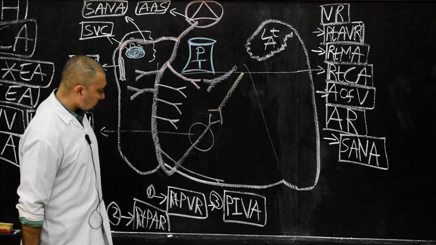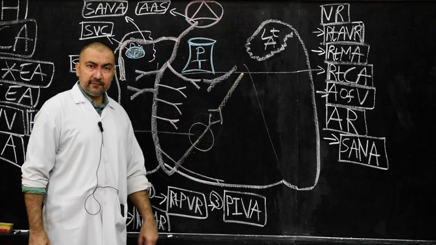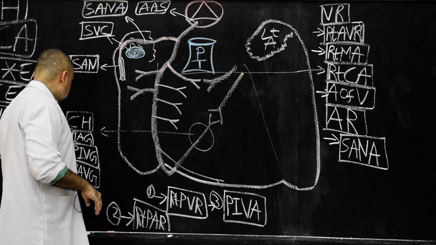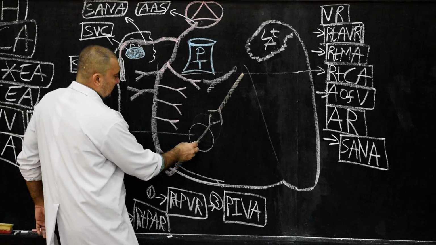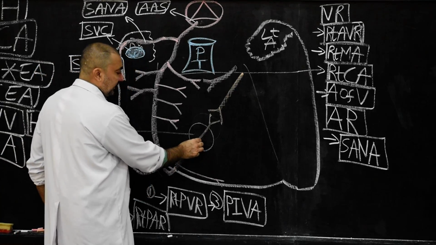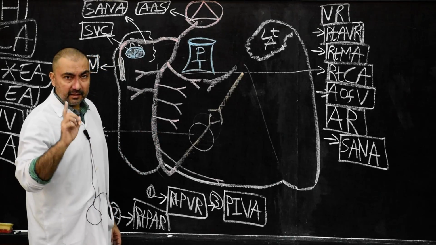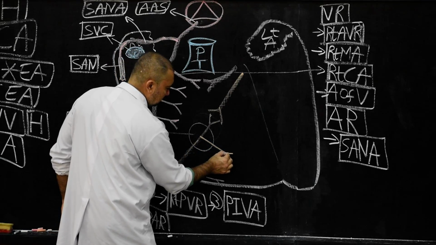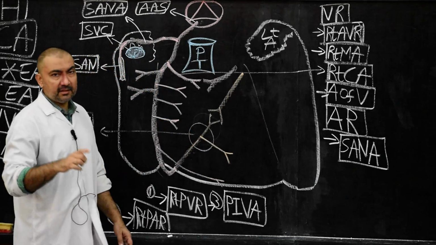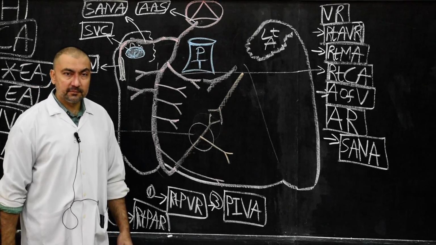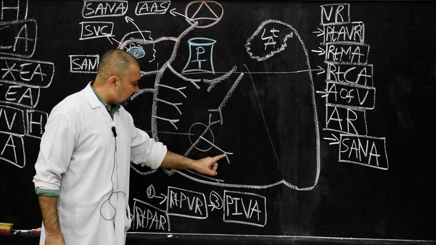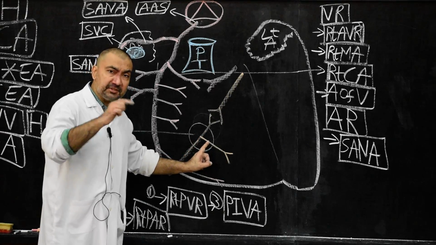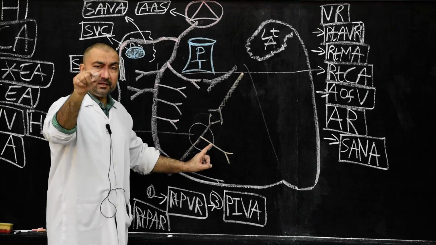Now here, this posterior interventricular branch will take origin from the second segment of the right coronary artery, and it will travel, here I am going to draw, it will travel in the posterior interventricular groove. So this posterior interventricular branch or posterior interventricular artery will travel in the posterior interventricular groove, where it will anastomose